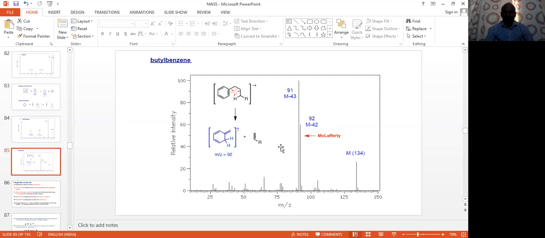So today with this, we finished with the aromatic compounds. Until now we have seen alkanes, and in alkanes we have seen straight chain, branched and cycloalkanes, and then alkenes. In alkenes we have discussed terminal alkenes, and alkynes we have also discussed, how you differentiate whether it is a terminal alkyne or not, and how to differentiate whether it is a terminal alkene or not, and cycloalkenes also we have discussed. So what are the prominent peaks and their M by Z values, how